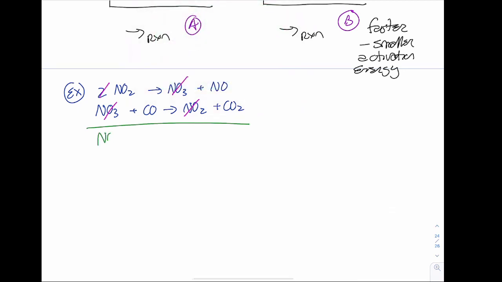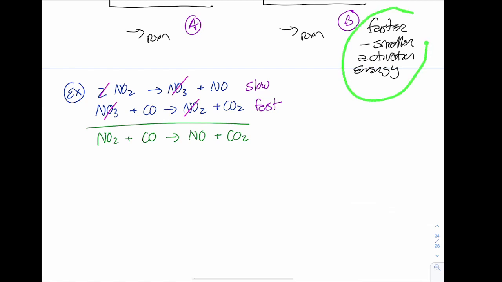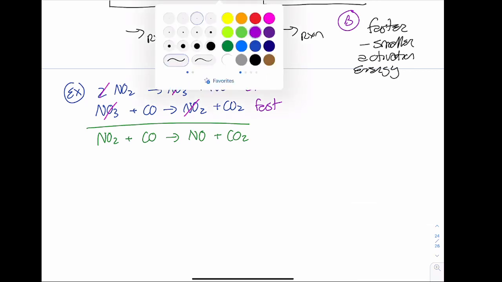So I'm going to have nitrogen dioxide plus carbon monoxide going to nitrogen monoxide plus carbon dioxide. And my first step is going to be the slowest step. So my first step is my rate determining step. What that means is if I was to look at an energy diagram, my activation energy for the first reaction is going to be bigger than the activation energy for my faster one, right? We had just said faster reactions have smaller activation energies. So if I was to sketch an energy diagram for this one,